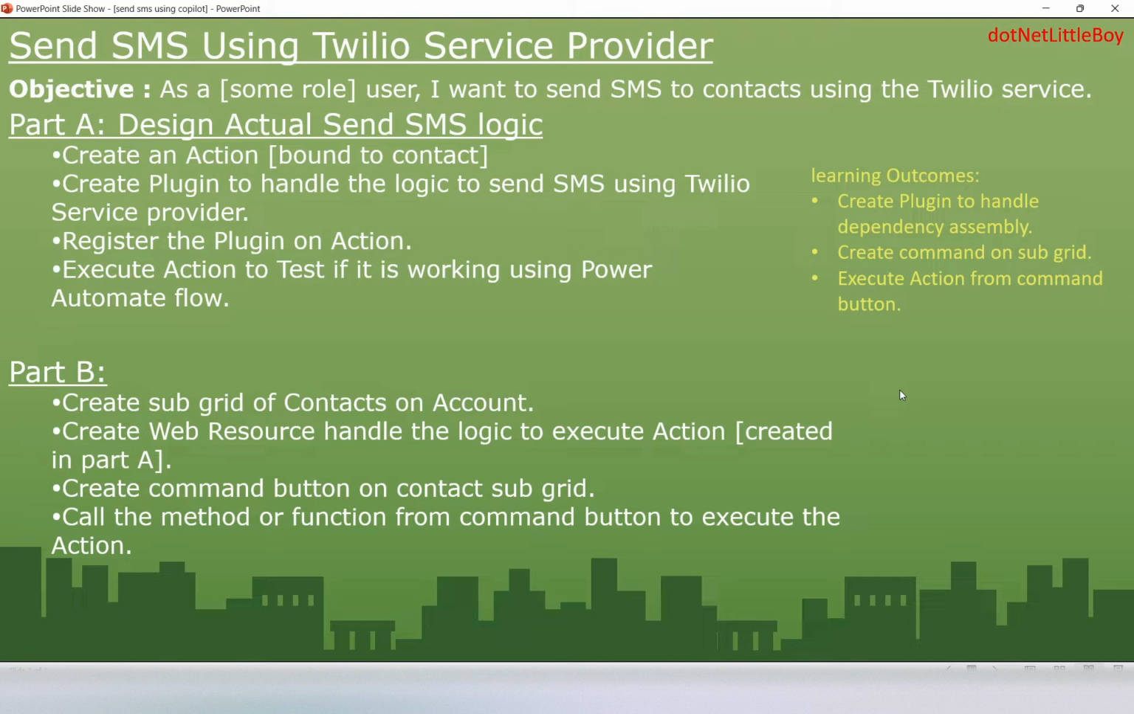Why am I taking this approach? Because there are a few things we will learn from here. The first learning is that since we will be using the Twilio service provider in our plugin code, it is a third party library, and it will be a kind of dependency assembly. So you will learn how to create a plugin for the dependency assembly and how to register it. That is one of the learning outcomes from this scenario. Then you will also learn how to create the command button on the subgrid, how to register the functions on the command button, and then execute the action using JavaScript from the command button. So there are a lot of learnings from this